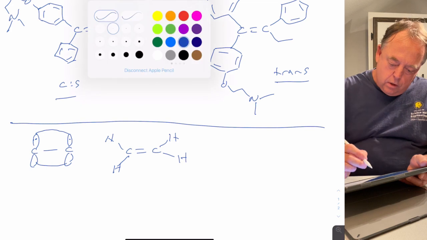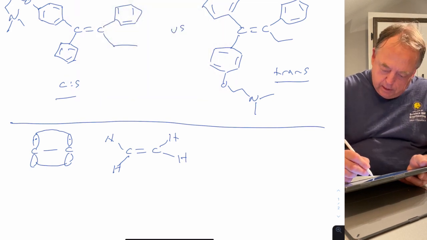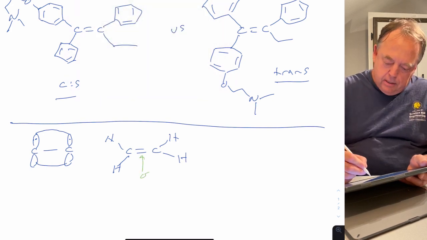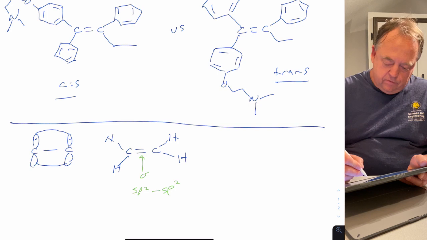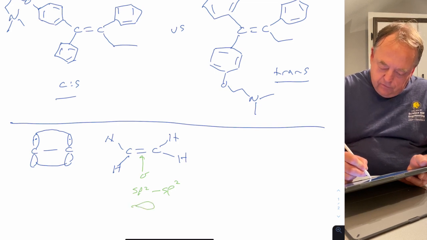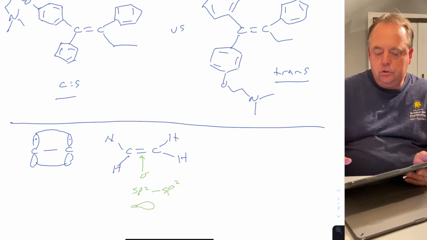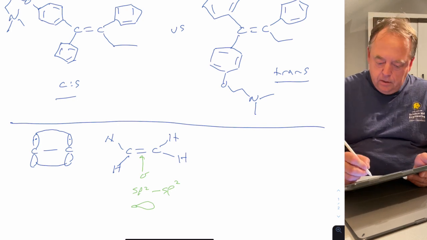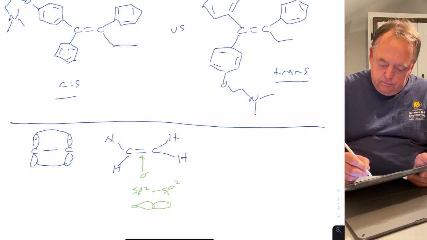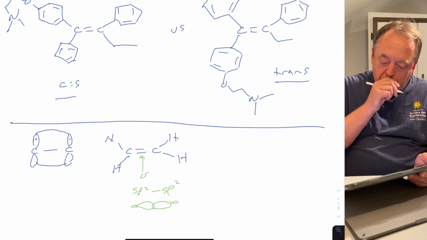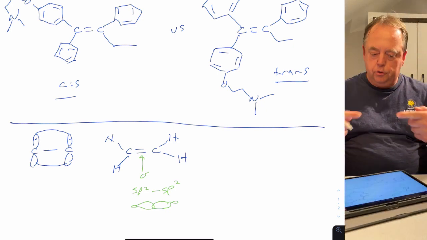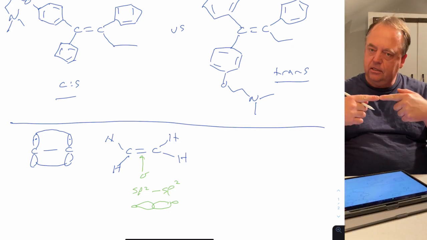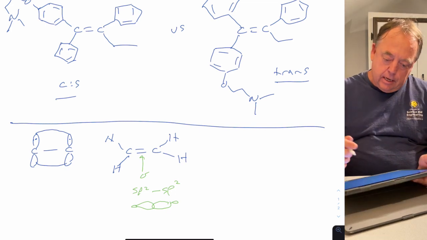if you remember, one of the lines is representing the sigma bond. That's from the sp2 orbital of one carbon overlapping the sp2 orbital of the other carbon. If you review those lectures on sp2 hybridization, the sigma bond is formed by the two sp2 orbitals overlapping end to end. So that's a sigma bond, and the other line